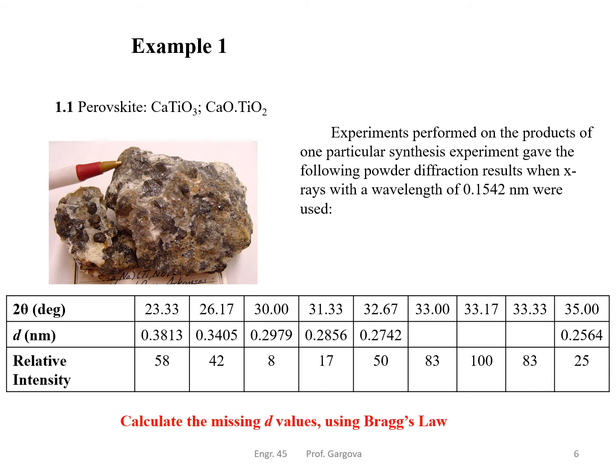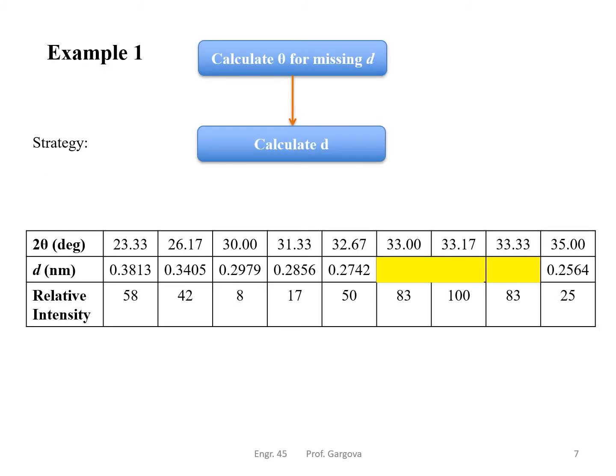So for the first part, it says an experiment was performed on the products of a particular synthesis experiment and gave the following powder diffraction results when X-rays with a wavelength of 0.1542 nanometers were used. So we have the wavelength, and it says calculate the missing D spacing using Bragg's law. So to calculate theta for the missing D, we have to calculate the D. So basically everything is given, right? We are given all the thetas that we need to calculate for, which are 33 degrees,